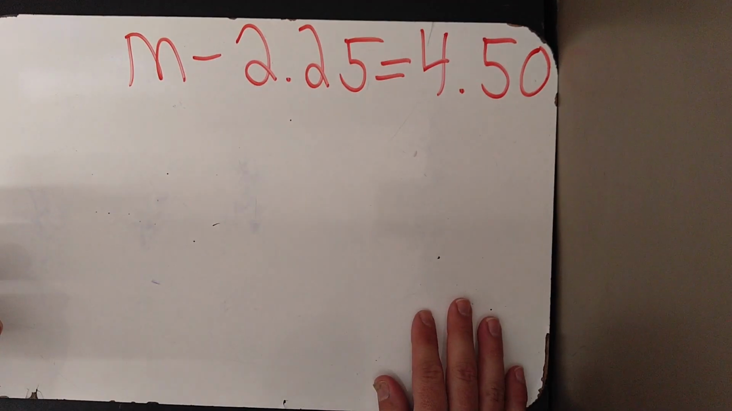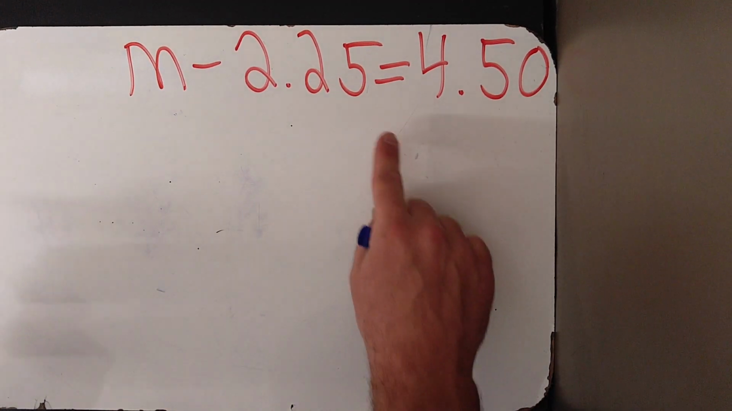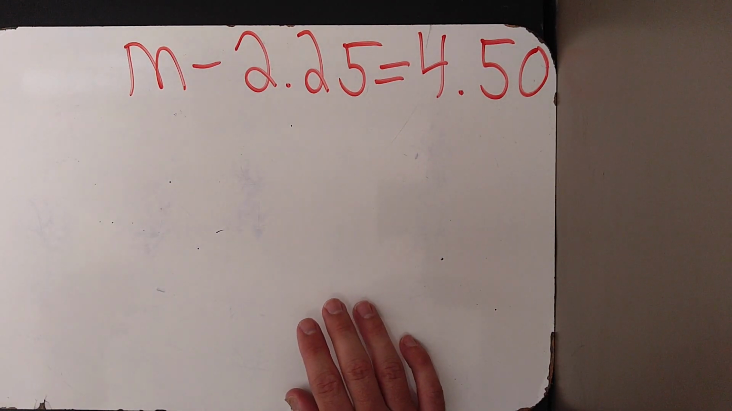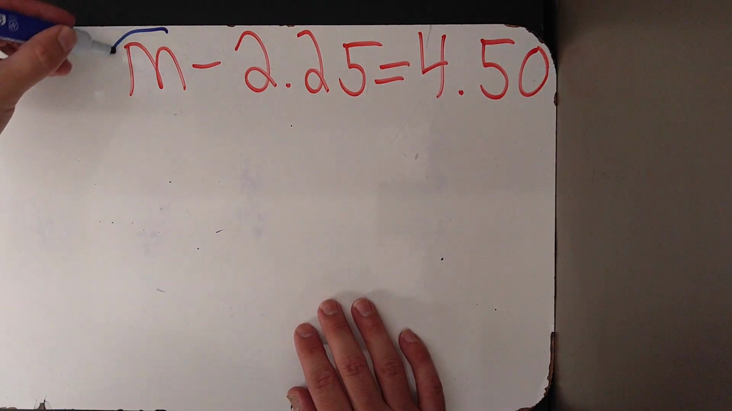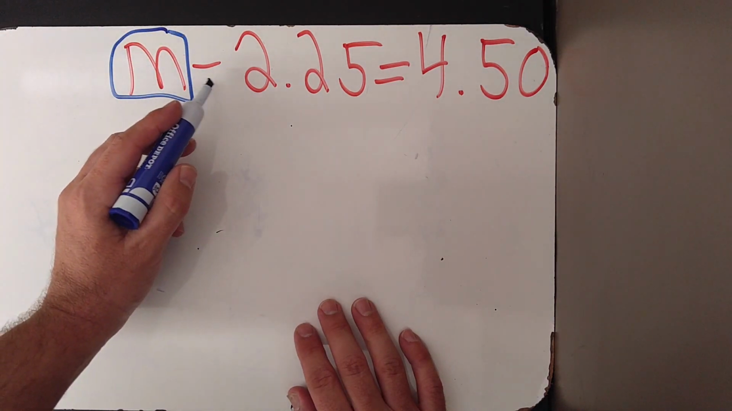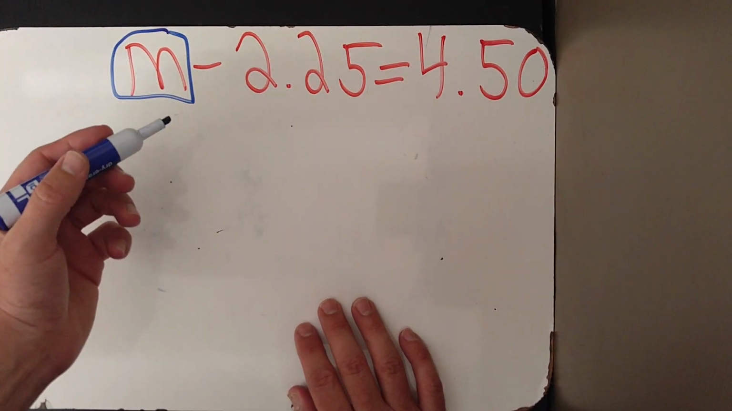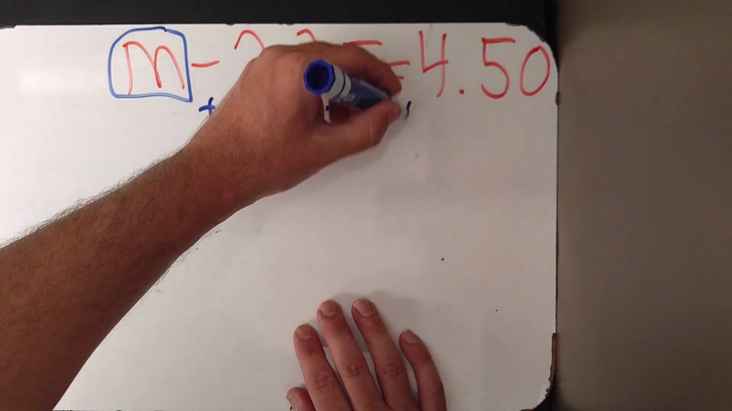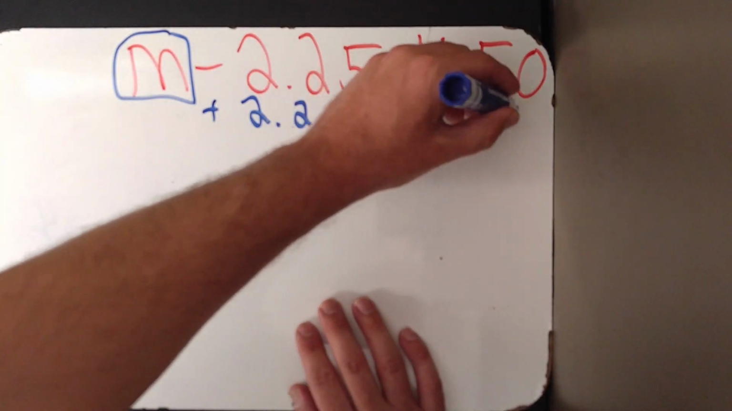And then the last one here, m minus 2.25 equals 4.50. Similar to the last problem, just with decimals. So you want to get m by itself. You have a negative 2.25. To get rid of that, you would add 2.25, and then you need to add 2.25 on the right side